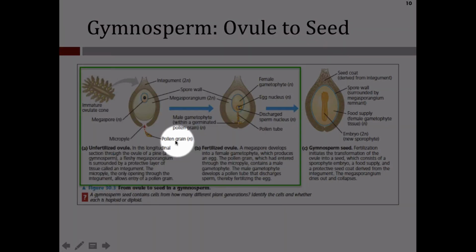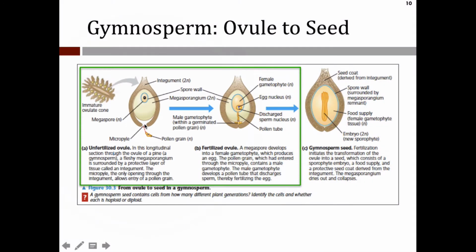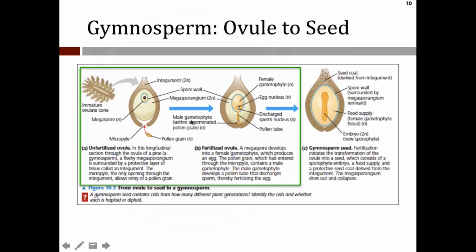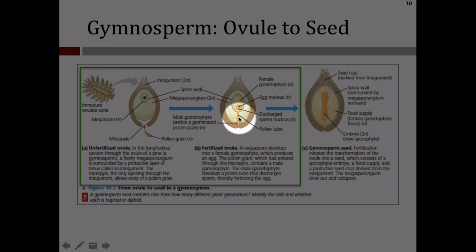Notice it's haploid. As that pollen grain enters into the micropyle, that pollen grain, which is also referred to as an immature male gametophyte, will develop, of course, and form a pollen tube. As a pollen tube forms, the sperm nucleus is discharged.